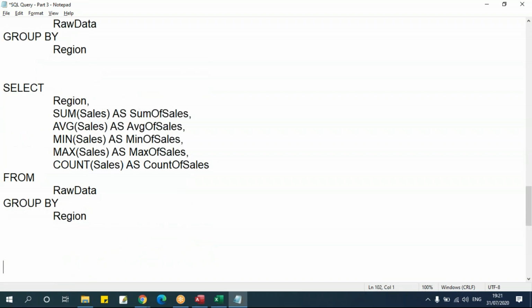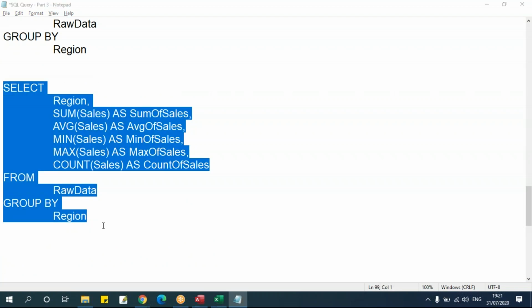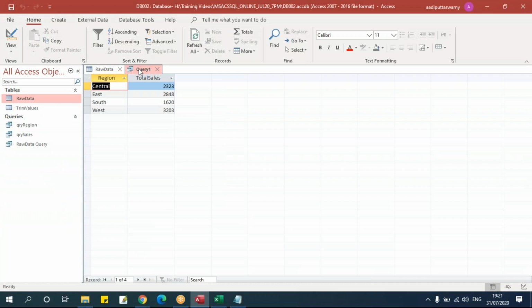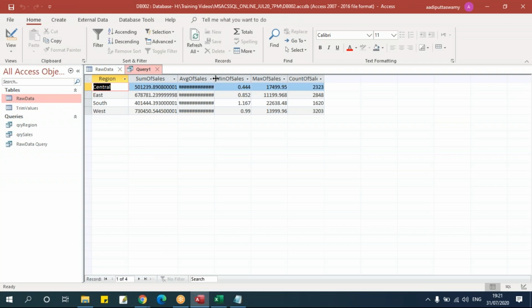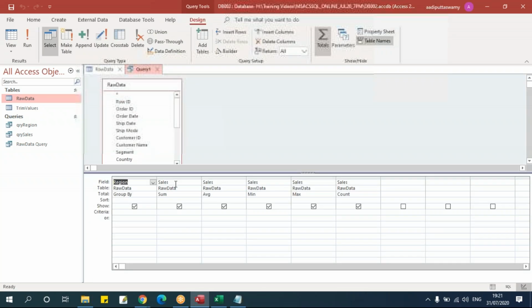Now if you want to execute this, just copy this and paste it in the query. SQL view, run this. See, I'll get all the aggregated values here. Alright, this is for grouping and aggregating of the values.